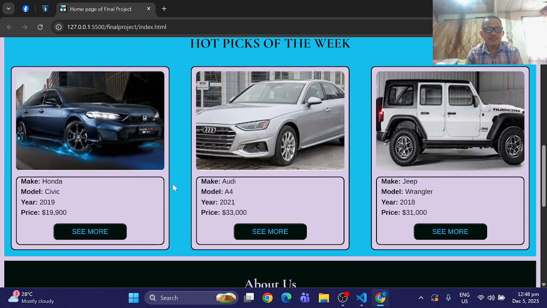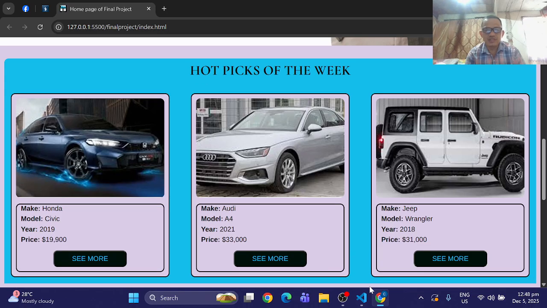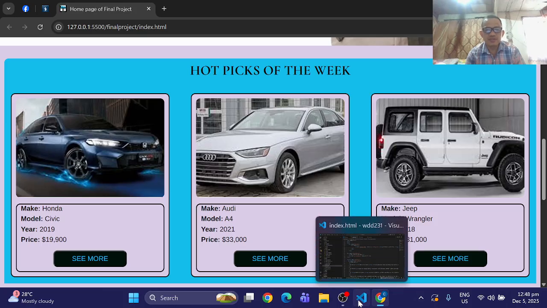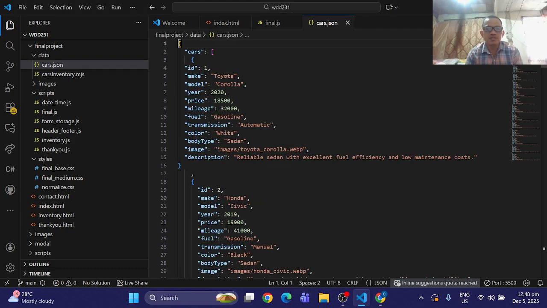So how did I program this so that I have this kind of output? Now in my cars JSON file, I have key value pairs with an array of objects like ID 1, make Toyota, model Corolla, year 2020, price, mileage, fuel consumption.